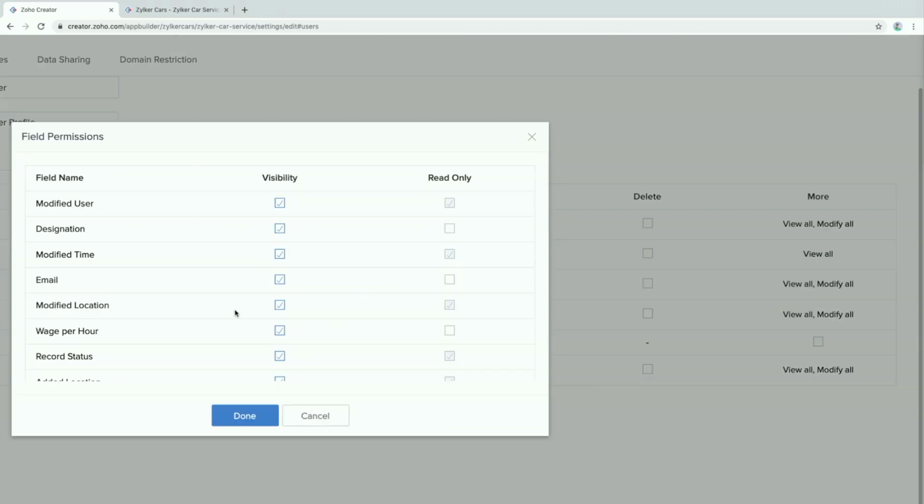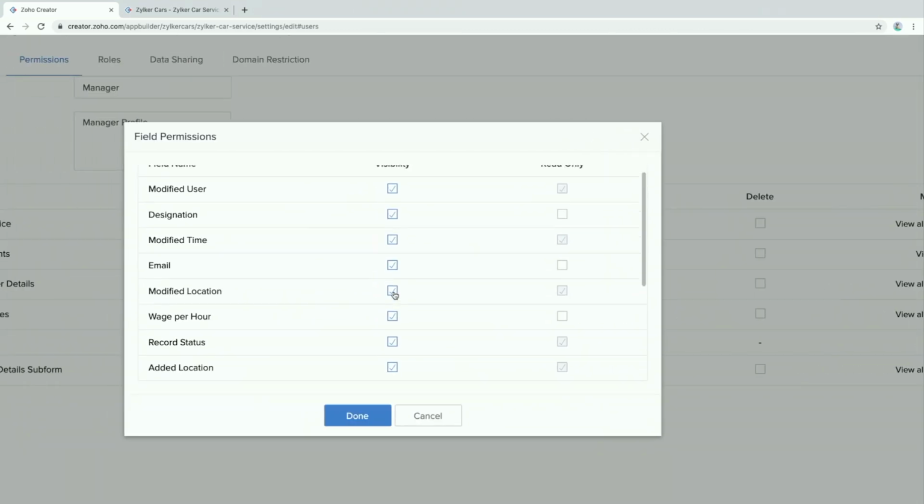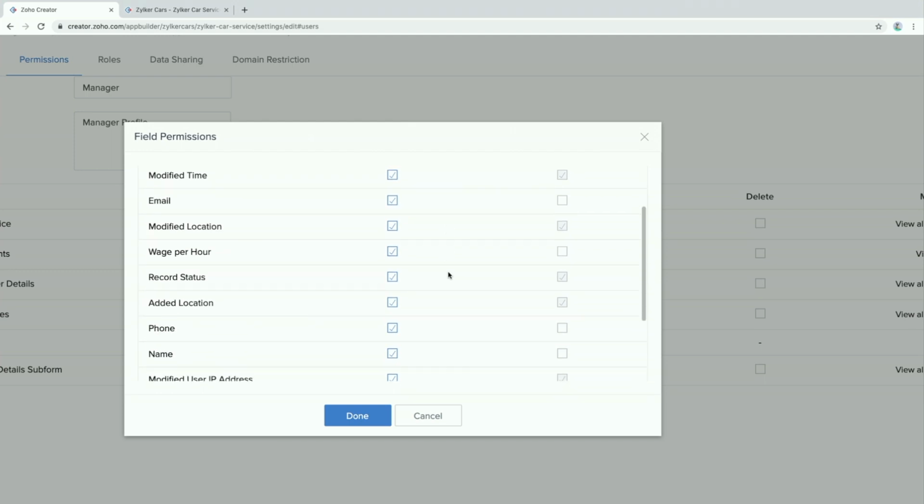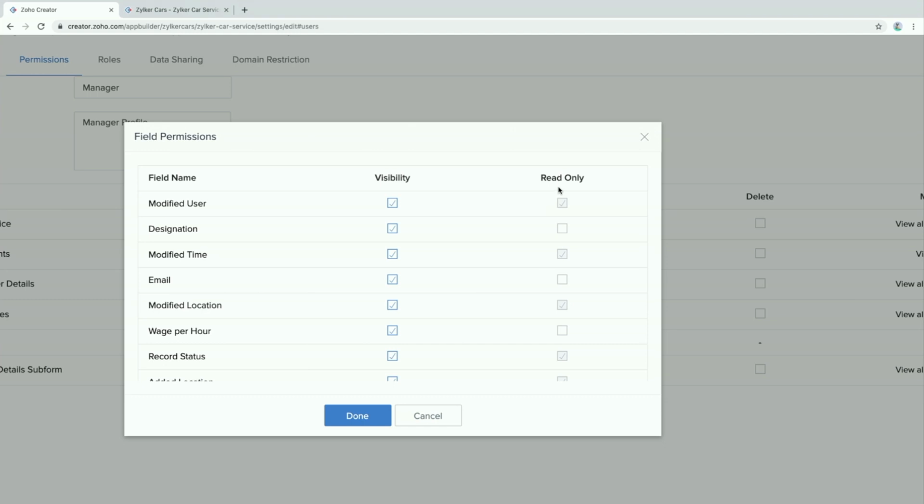Just hit field permission. All the fields that are part of that form would be displayed here, and by default the visibility is provided for every field. Every field would have the view permission as well as the edit permission. If needed, you can give a check mark in the read-only feature so that they can only view that information.